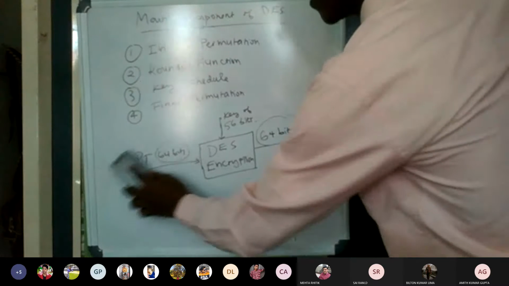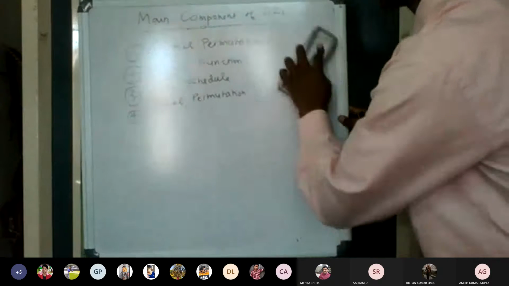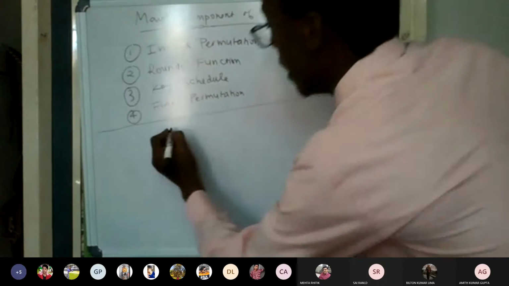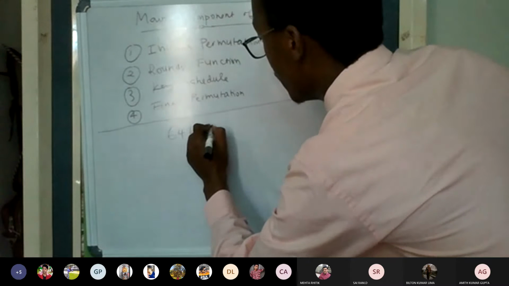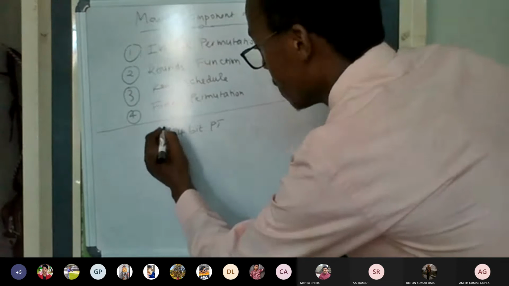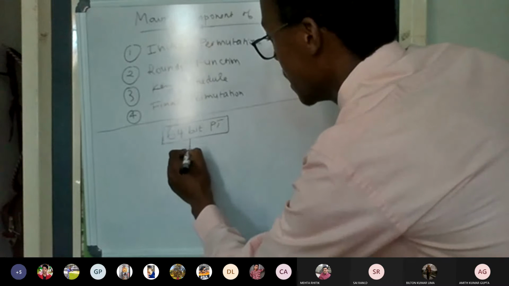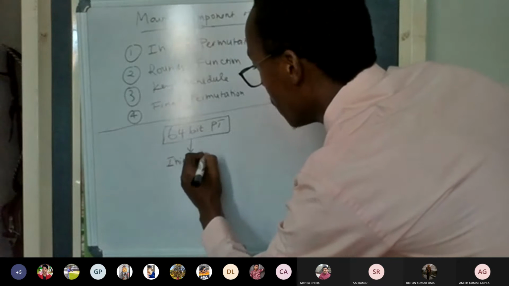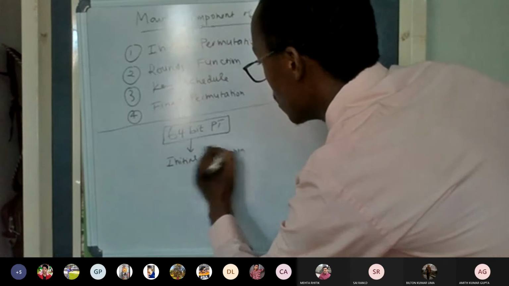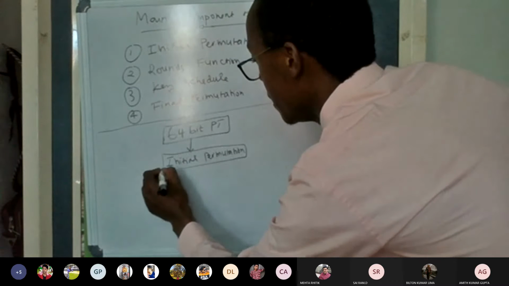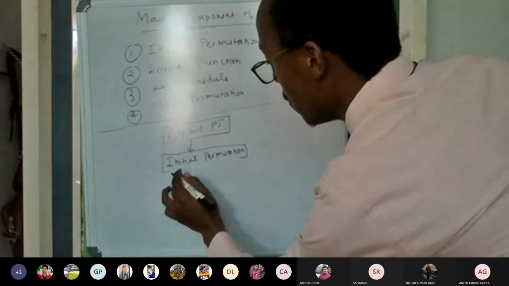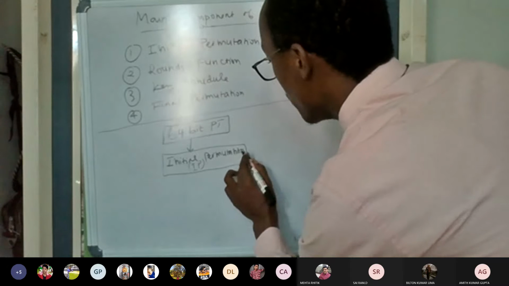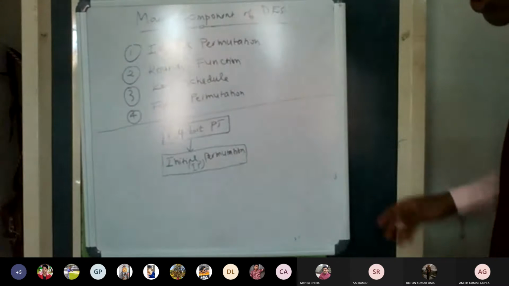Look at this diagram here. It's the simplest diagram to help you understand how this plain text is going to be encrypted. Here we have 64 bits of plain text. This 64-bit plain text is first going to pass to the so-called initial permutation. You will find this initial permutation abbreviated as IP, so that you can understand when you read some of the documents. So this initial permutation is followed by